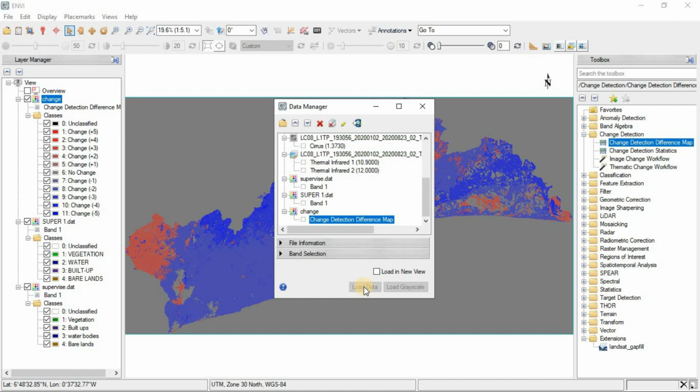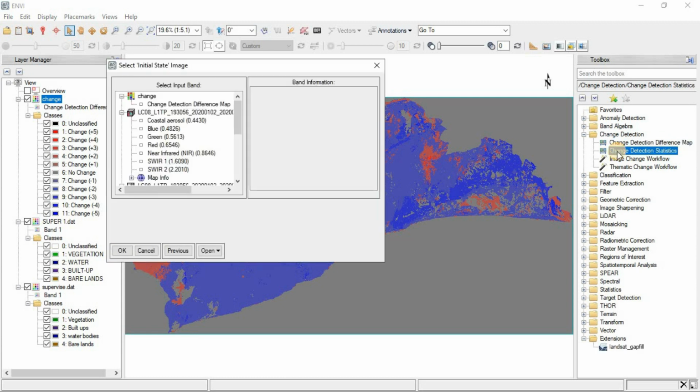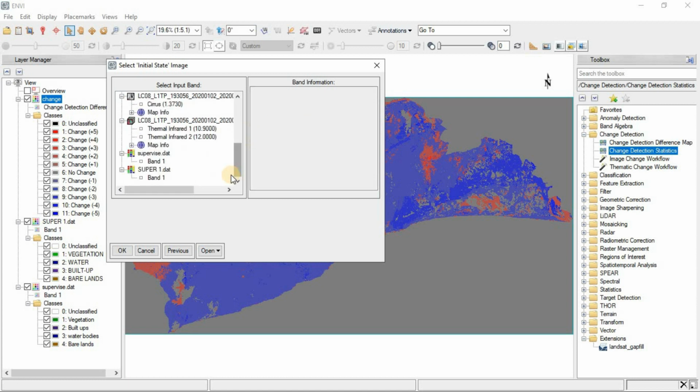Let's wait for it to load. Okay, so we are done. They will close this one. So when we are done, they will come to change detection statistics. Change detection statistics. They will select